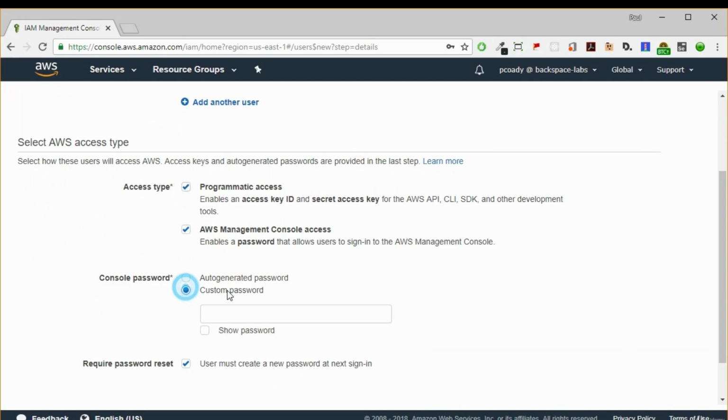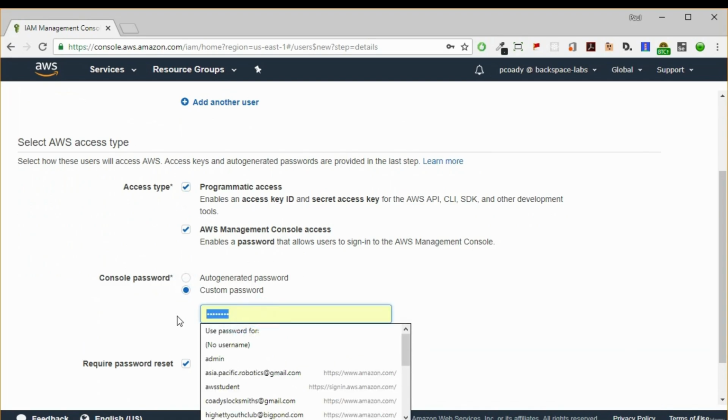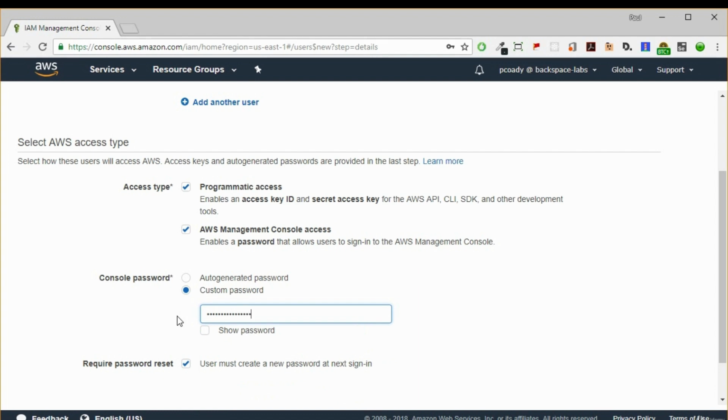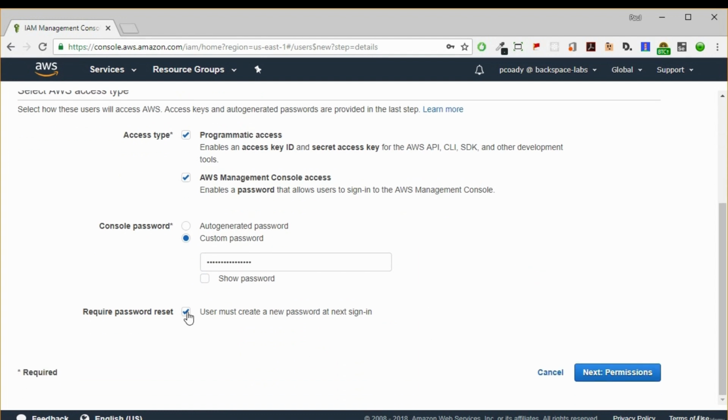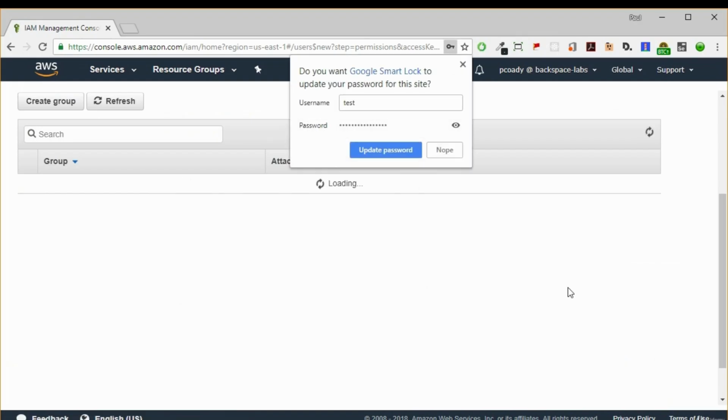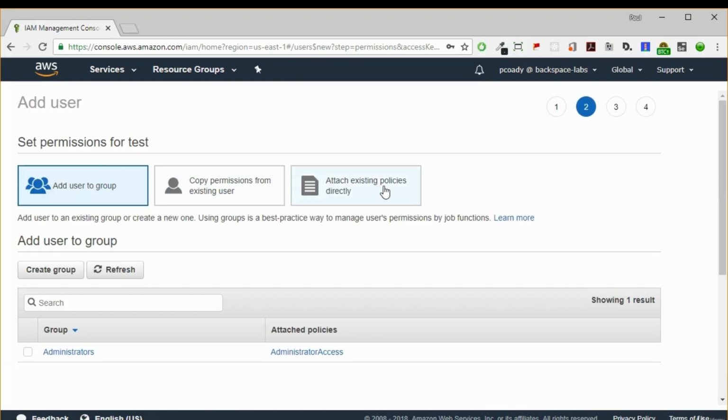We can put in a custom password there. I've just put in a password that I'll remember, and we won't worry about changing that password because it's for us, not for someone else. Once we've done that, we can attach permissions to that user. So we click on Next: Permissions. Up the top here, we've got Attach existing policies directly. AWS have already done the work of writing policies specifically for job functions.